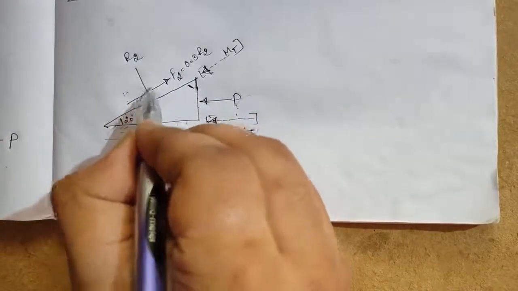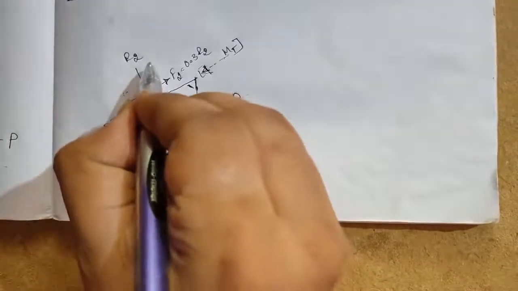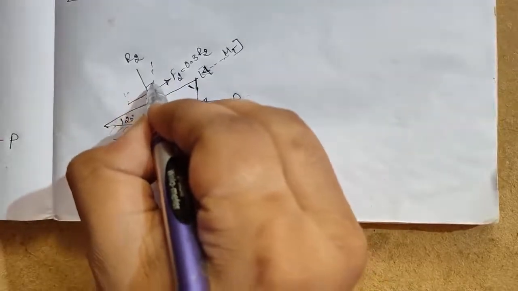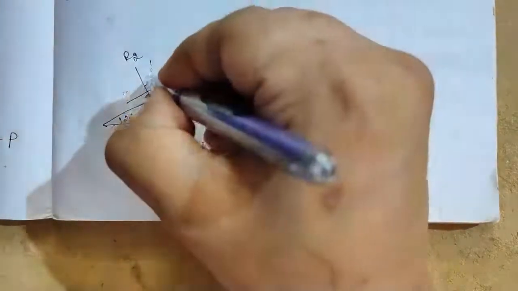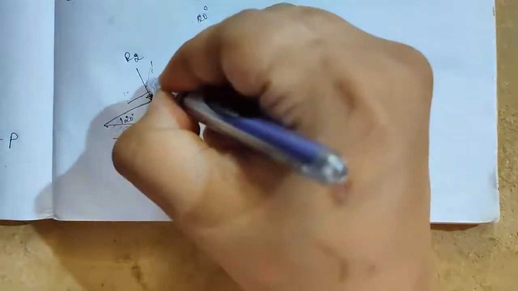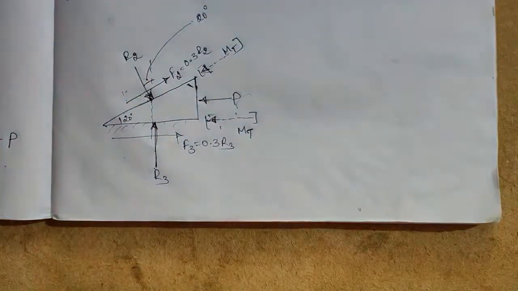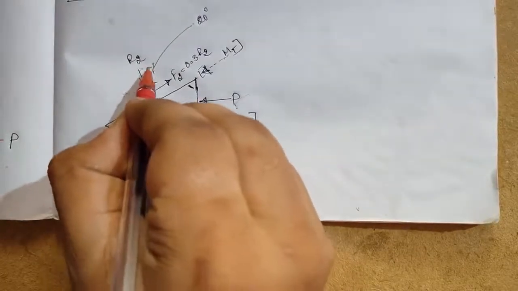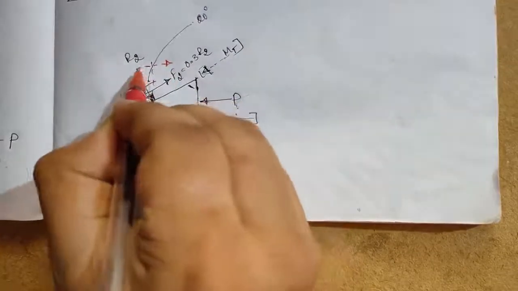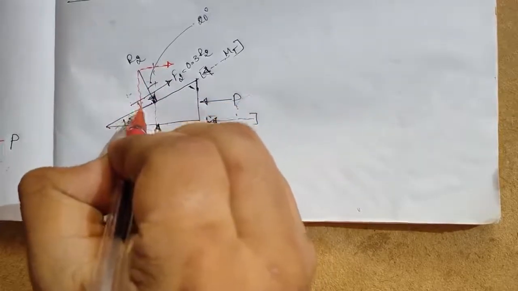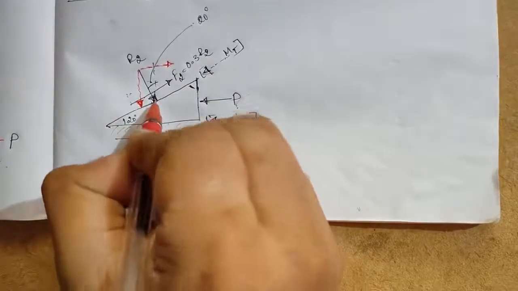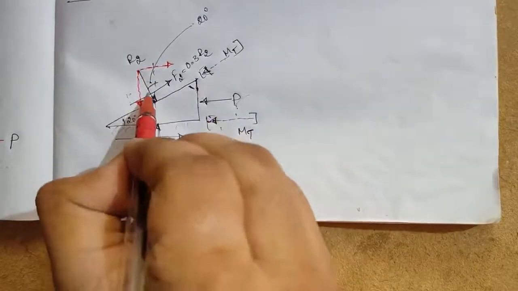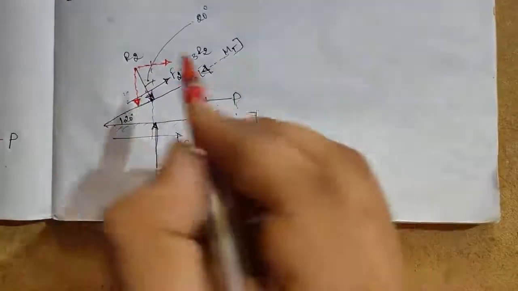Right, now to resolve this inclination, both are inclined at 20 degree, I take on vertical. So when I take vertical, I get an angle here. So this angle is 20 degree. Due to the inclination of force, we have to resolve these two forces, one in horizontal direction and one in vertical direction. I could write here, but so that confusion should not be there, I am writing here up. So the same force is resolved in horizontal and vertical direction.